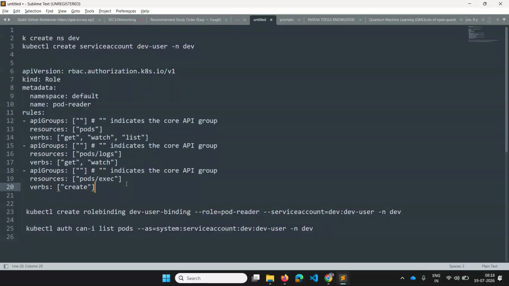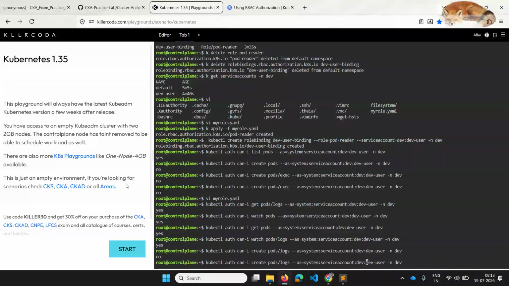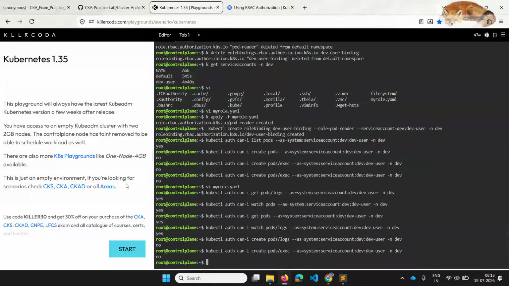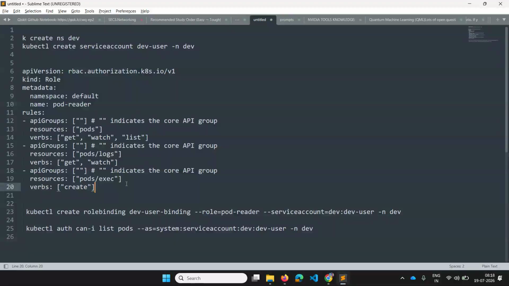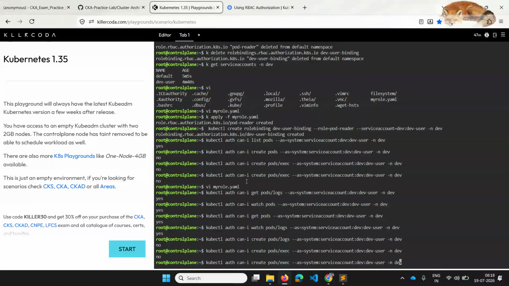Now we will go for pods exec create. It says no. What I am assuming here is that whatever access my resources have, only that I can give to my sub resources. For logs, I have applied only get and watch.